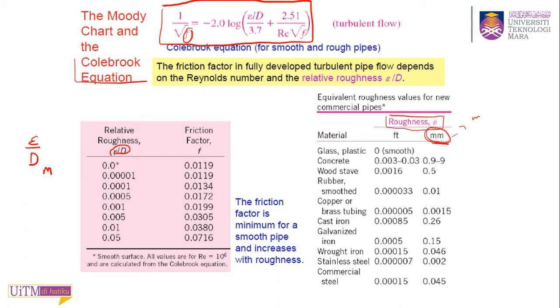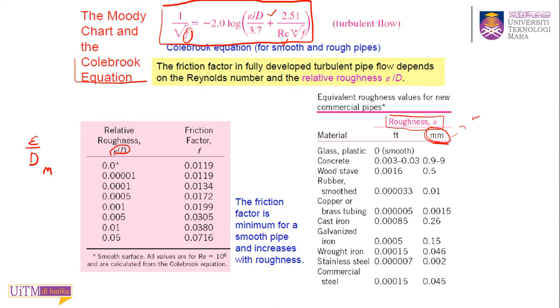So you get the relative roughness from the material of the pipe, and you calculate your Reynolds number at the beginning of the flow. Mostly this equation will give you turbulent flow. Let's say the Reynolds number is 5,000, which is turbulent. So with this number and this number, you can find your friction factor just using this equation. But because it is so long and not straightforward,